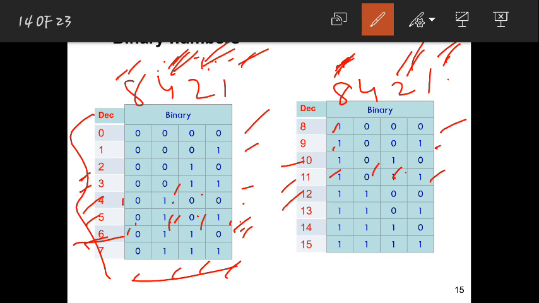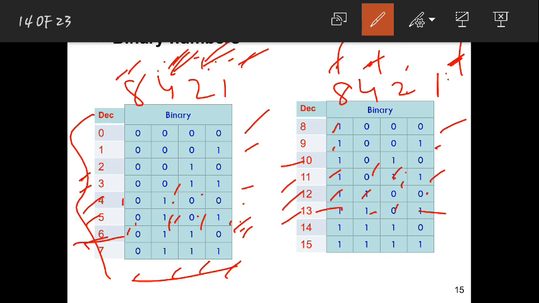Okay. Next, coming to 12, for this 12 you are going to add 8 plus 4, you will get 12. So for 8 and 4 you are writing 1 and 1, then at the positions of 2 and 1 you are writing 0 and 0. Next, coming to 13, see 8 plus 4 is 12, if you add 1 you will get 13. So you need to add 8, 4 and 1. So you need to write bit 1 here, bit 1 here and bit 1 here, you will get 13, and this is 0. Next, 14.